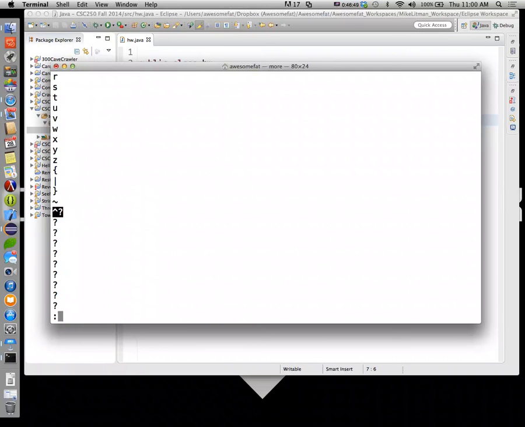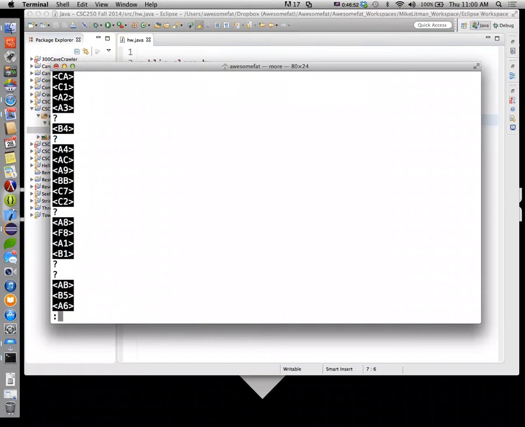So these are all the ASCII characters. Yeah, the question marks mean it didn't know how to deal with it, didn't know how to display it.